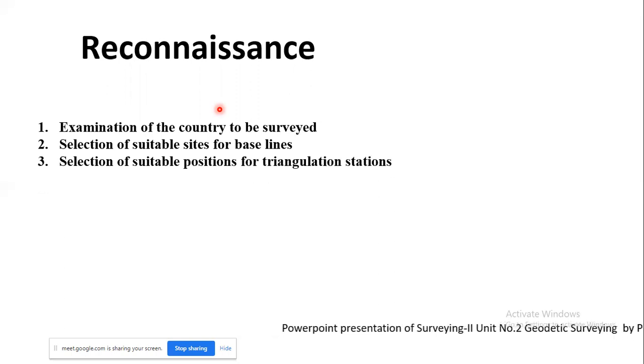Then, selection of suitable positions for triangulation stations. Now you have marked the baseline, so where should the triangulation stations be marked? As we know, long distances should be avoided, and the length of each and every side should be somewhat equal. Such conditions you should take into consideration. Then